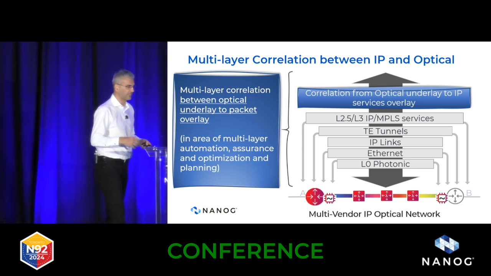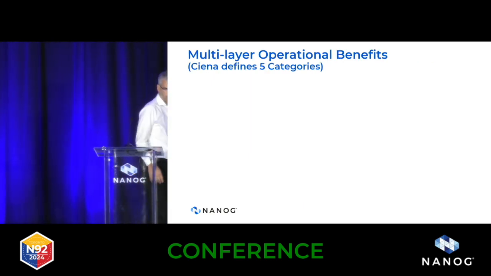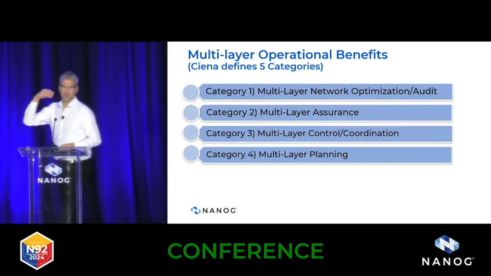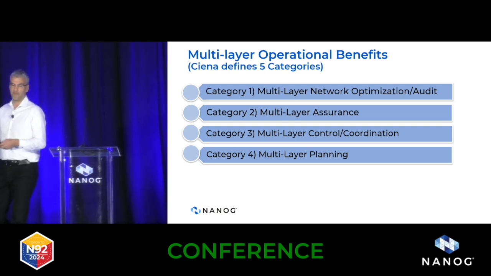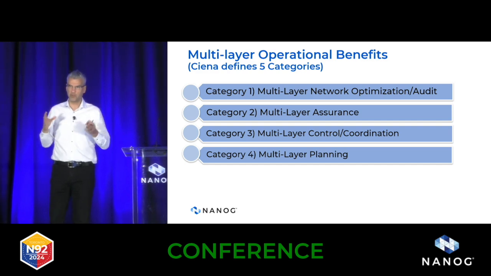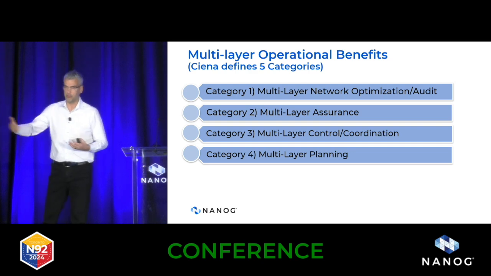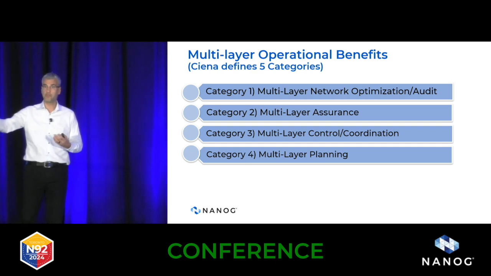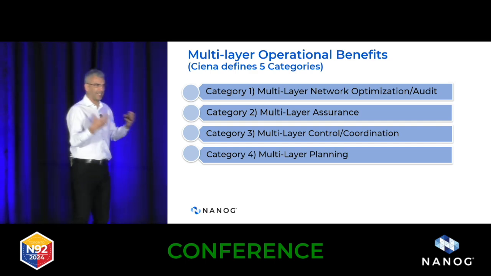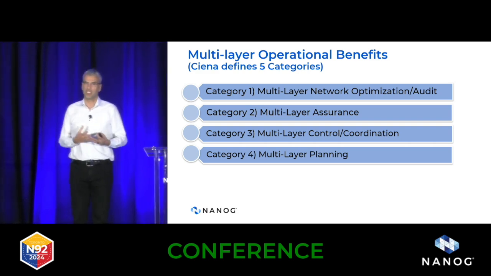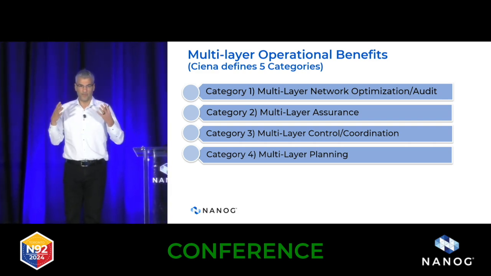So having this one as a background, there are various operational benefits that we can get from the multi-layer. Again, think about the operational perspective, because today is about operation. So when you have that network that I introduced, I have pluggables, potentially there's a multi-layer connectivity or correlation between underlay and overlay. So to address various aspects of the operational benefit that we can have on that network,